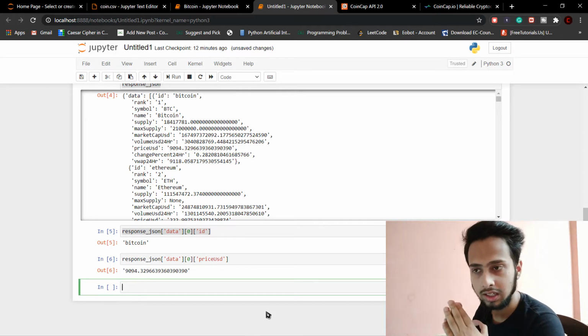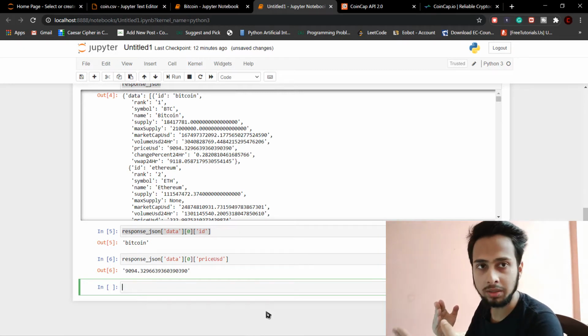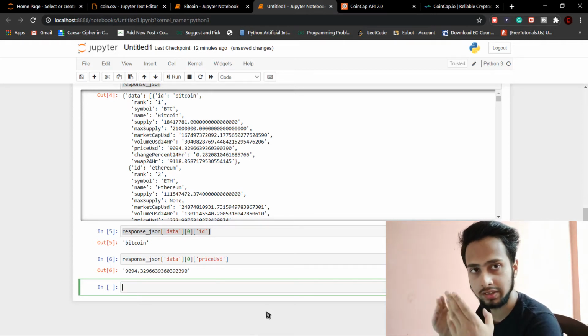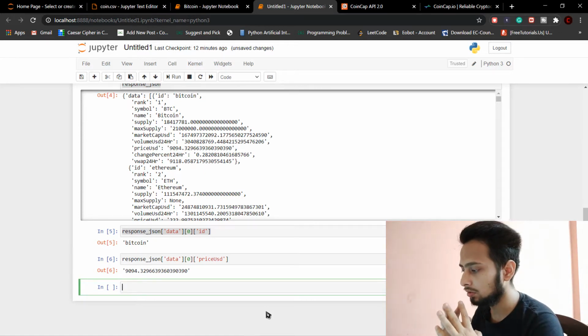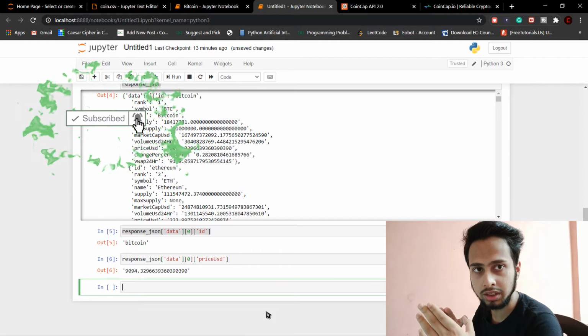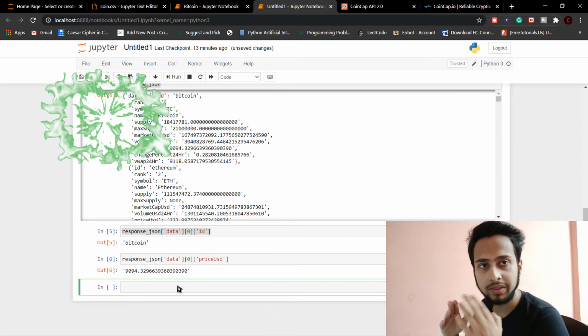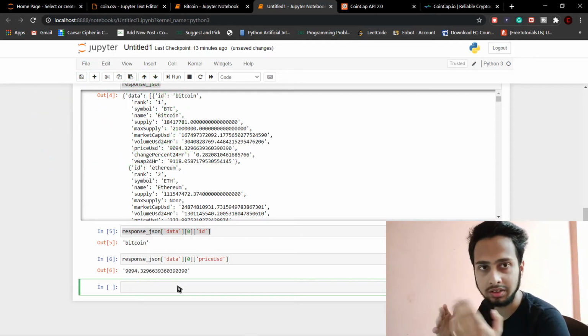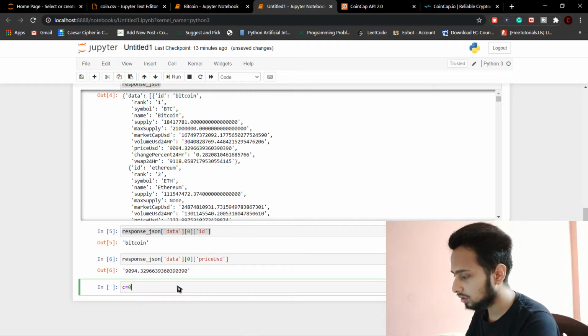We are going to code it so that every minute it gets the coin price of every different coin, because we are going to get Bitcoin, Ethereum, Litecoin and every one of them. For that, we can loop through all of the coins that we are going to need. So first, let's see all the coins that are present in this API. For that, we can use a simple loop. C is equal to 0. I will tell you why we are using this C is equal to 0.